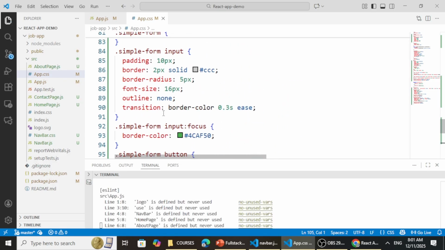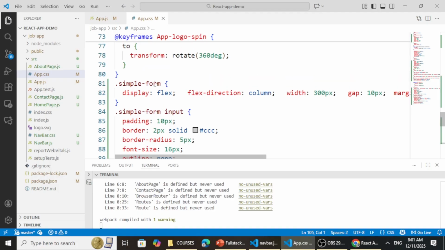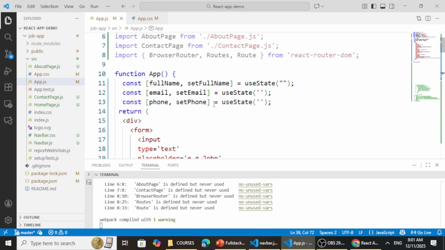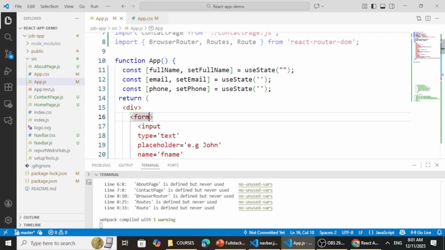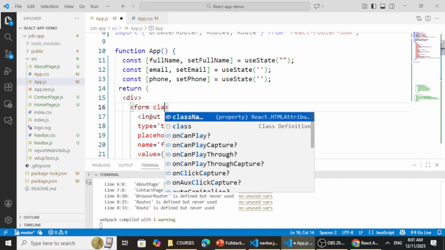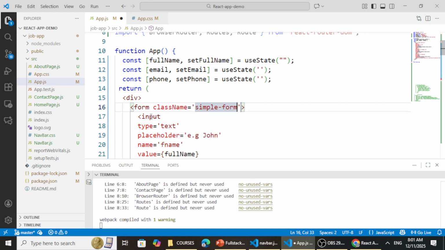And now you can see I have classes. I have the class simple form. So let me take this same class and assign it to the form tag. So I'm going to give it a class name and call it simple form. So once that is saved,